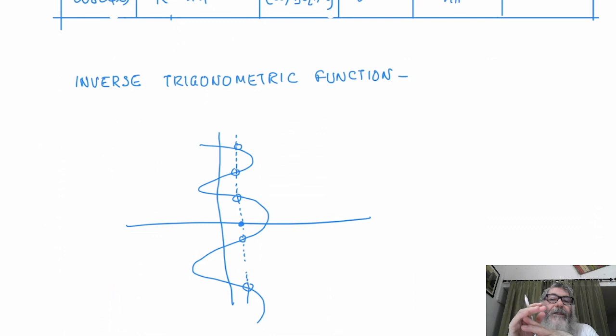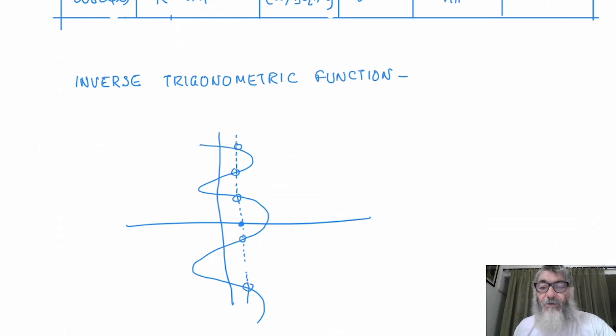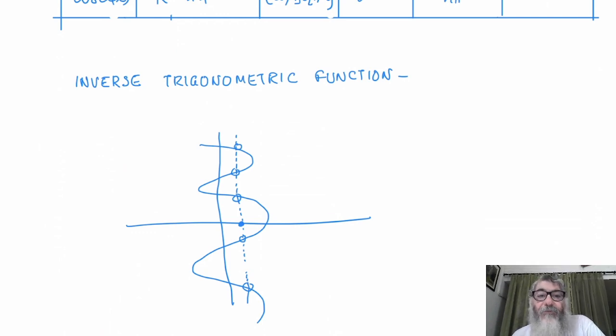No two ordered pairs should have the first component same, because if you remember, relations were defined as a set of ordered pairs, and a function was a special case of a relation, where we had discussed that in a function no two ordered pairs should have the first component same. I gave you an example of the vertical line test.